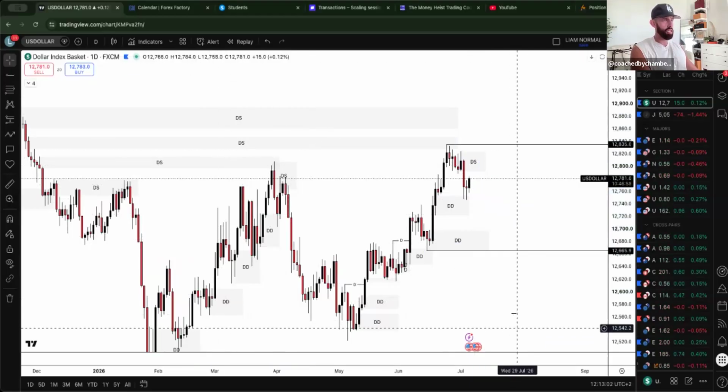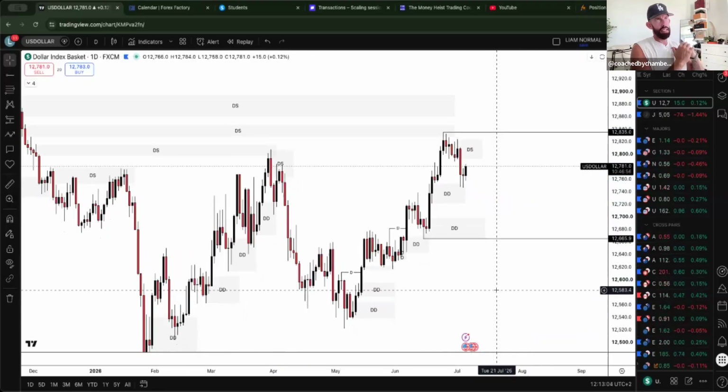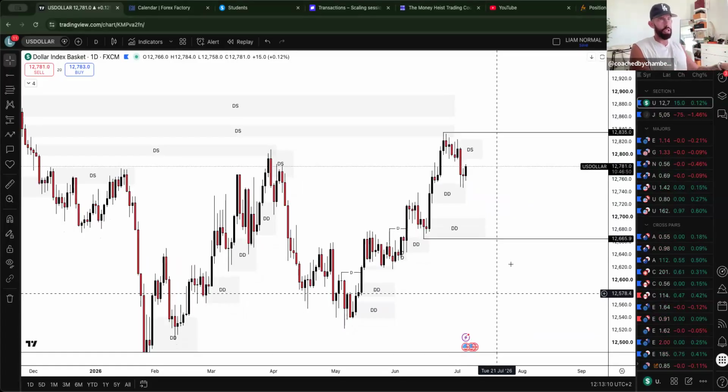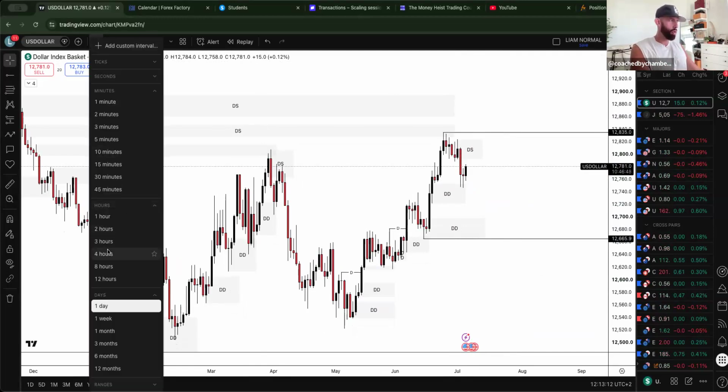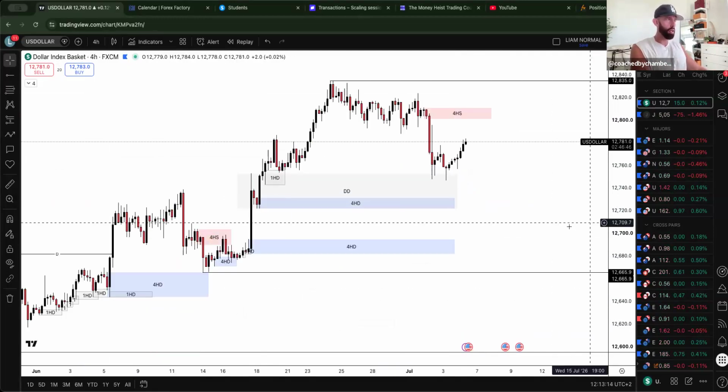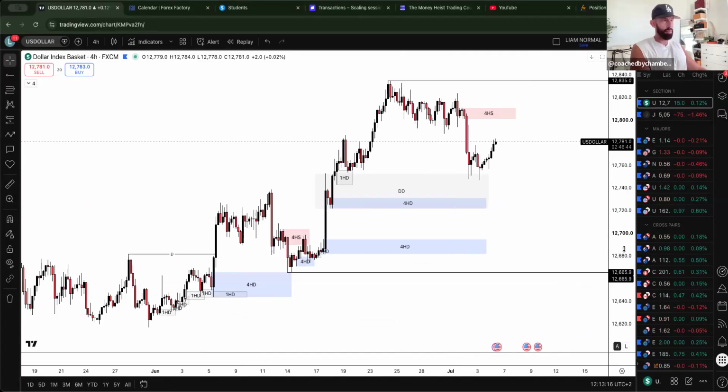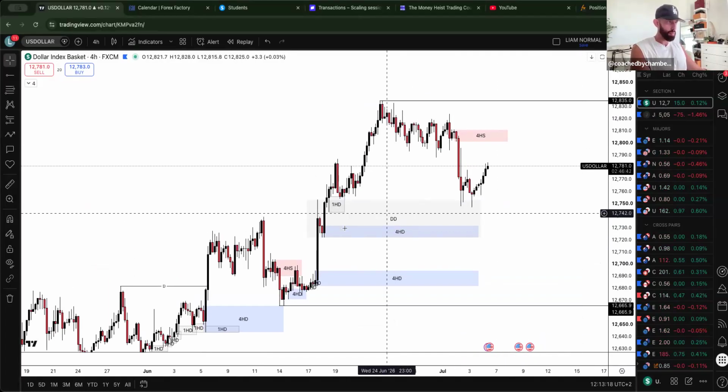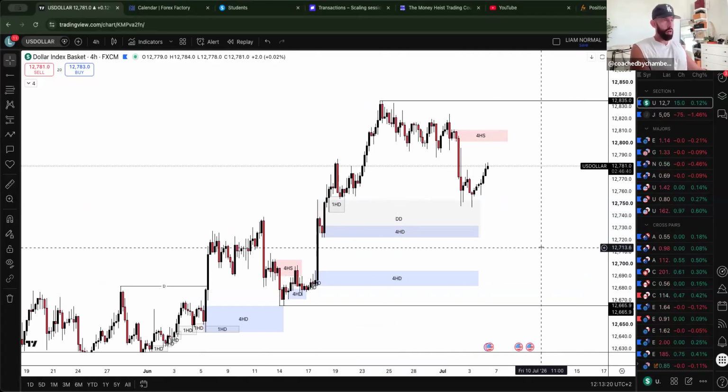Hopefully that makes sense to you guys. On this daily market outlook, I am sticking to the daily time frames just for today because there's not much going on realistically for me to look for in the 4 hour time frames, just being honest. Now, we can obviously have a look.